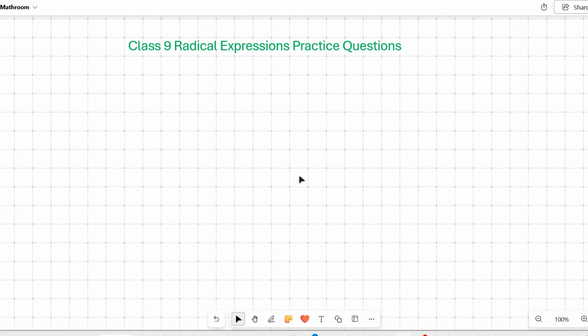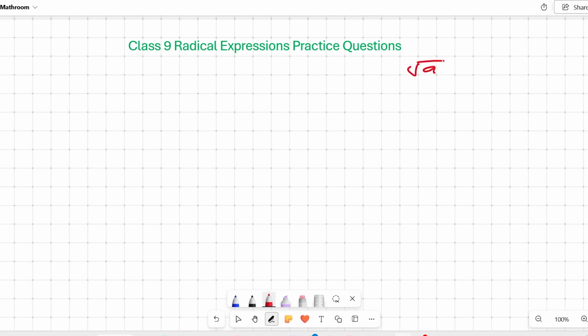And today we are going to solve some radical expressions by using radical properties. After solving these questions, you will be able to solve any kind of radical expressions. So let's go. Before solving the radical expressions, keep in mind these rules that